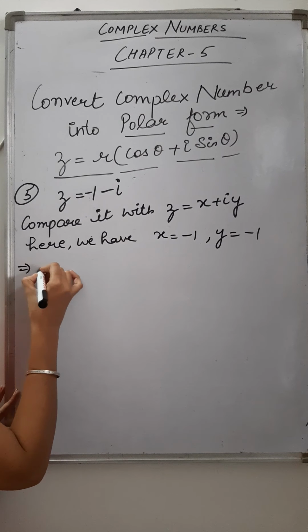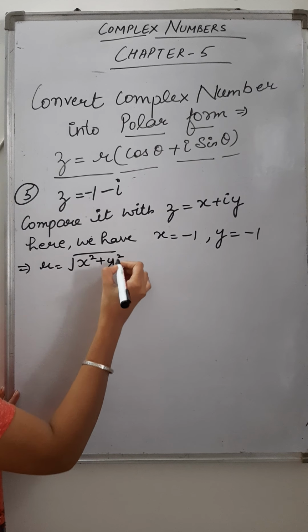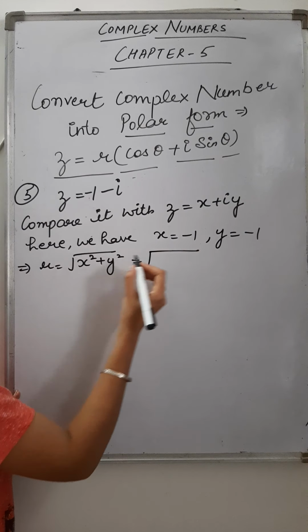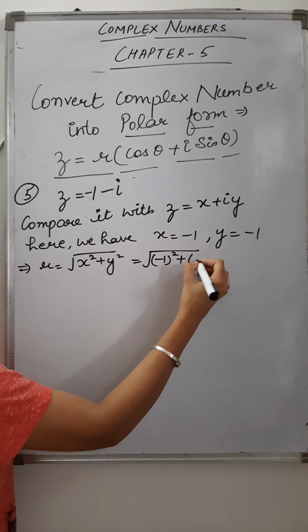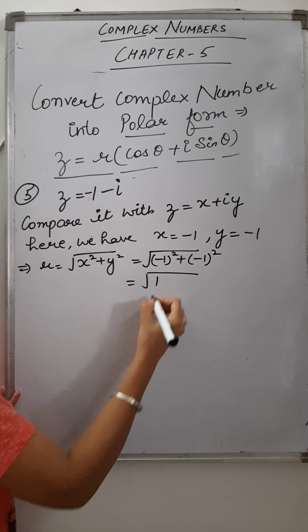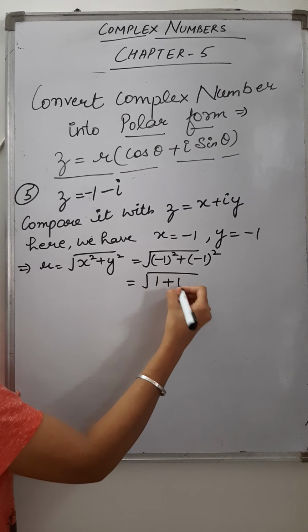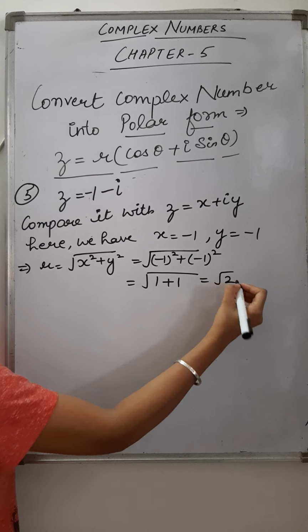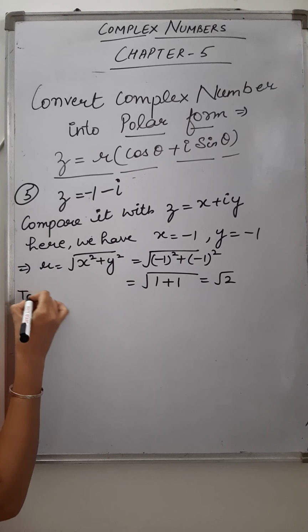So this implies r is equals to under the root of x square plus y square, which is minus 1 square plus minus 1 square. Any negative number squared is positive, so minus 1 square is 1 and minus 1 square is also 1. So 1 plus 1 is 2, under root 2 as it is. It's your r. So to find theta,